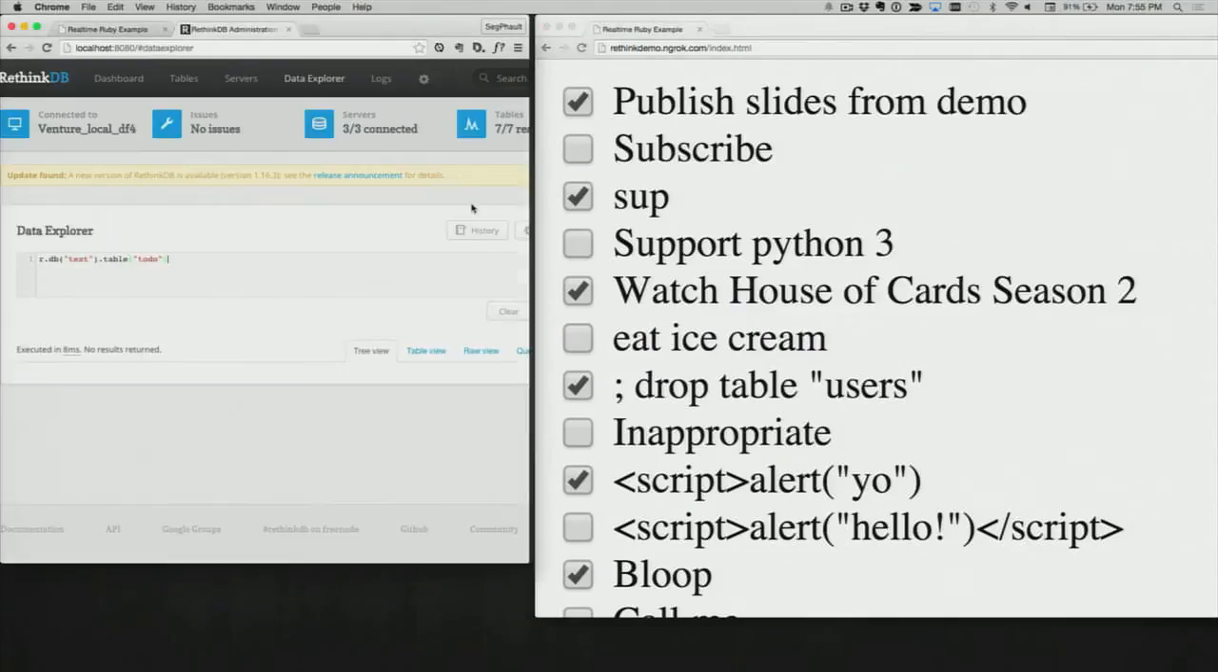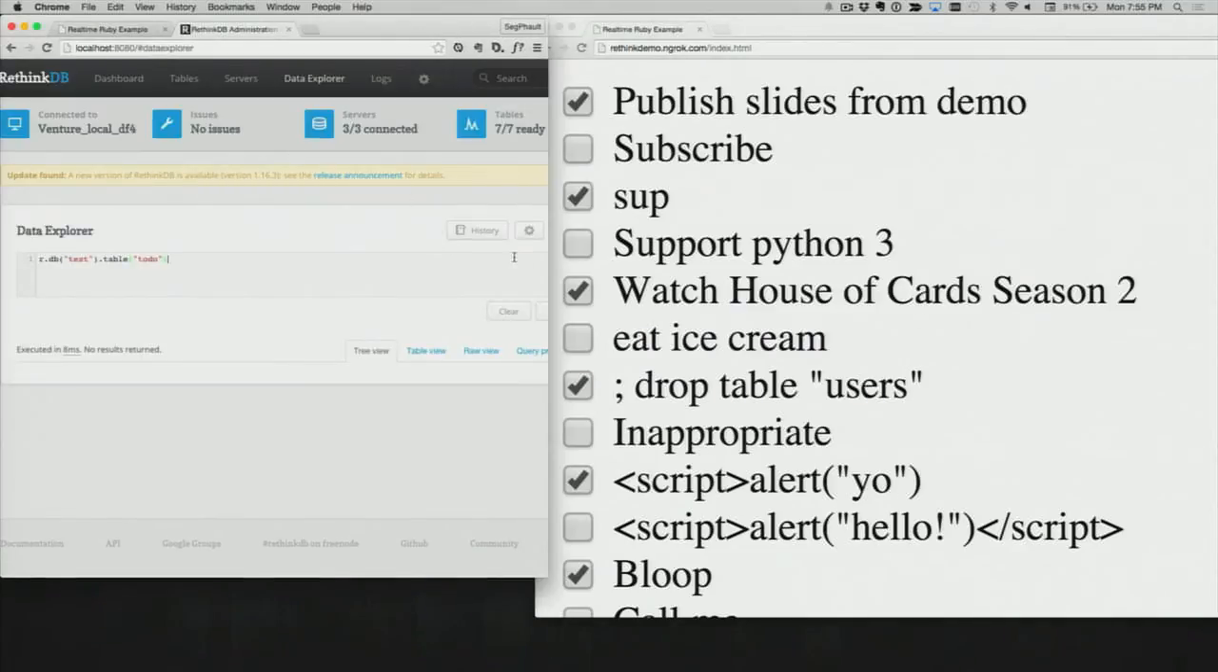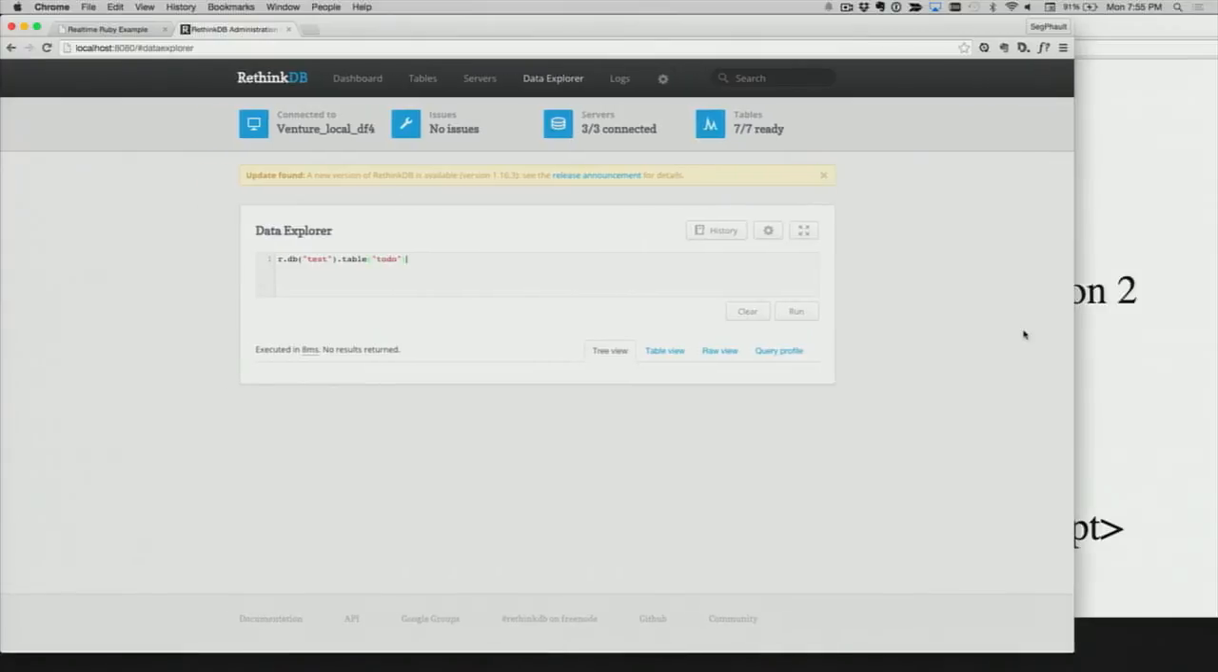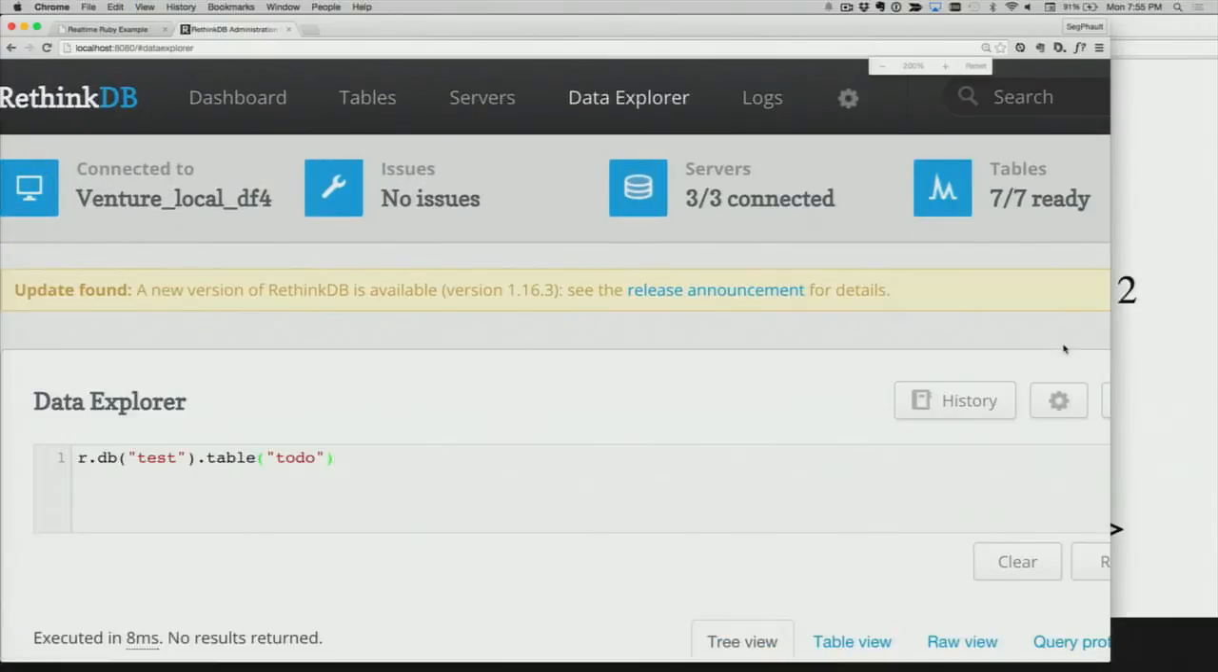So I want to show you really quick what this looks like in the database. Nice try, guys. Okay, so